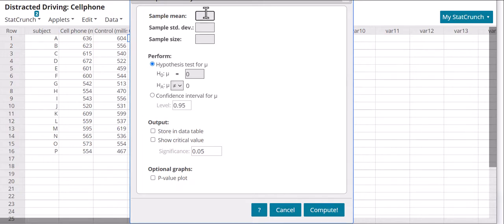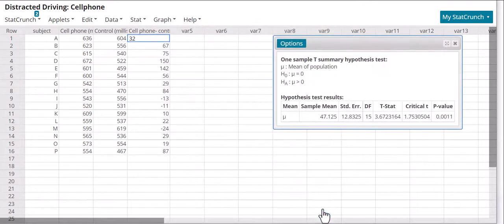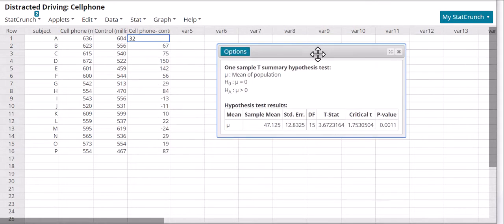So the mean is 47.125. The standard deviation is 51.33, and the sample size was 16. And so we can do a hypothesis test. It was a right tail test with the critical value of 0.05, so that's okay. And then we hit compute, and